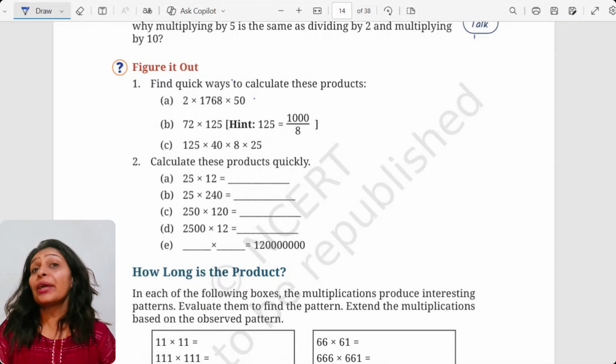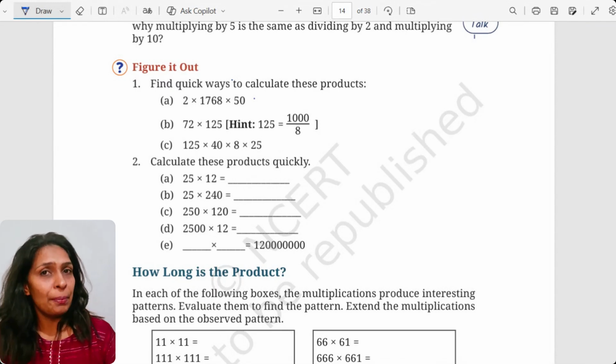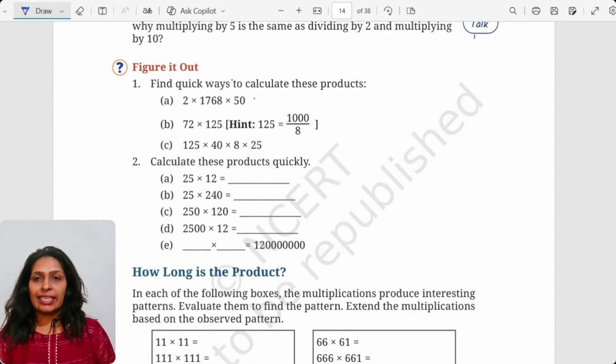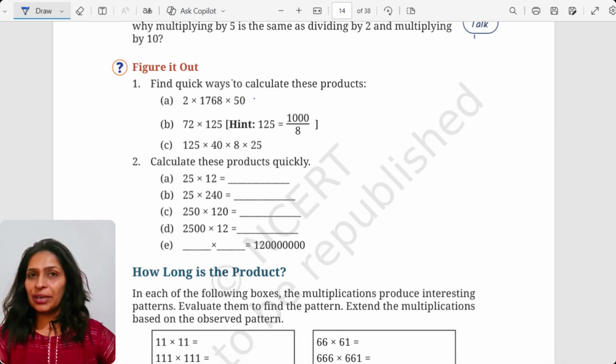And as I say, I hope you have watched the previous videos. If not, then do check out the previous topics also, so that you can understand better and the continuation will be maintained. So, in today's topic, we are going to understand the questions given on page number 14 of your textbook, where we are going to understand the multiplication using the smart tricks. Are you ready for that?